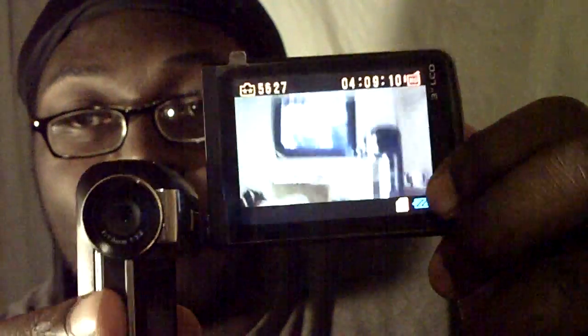Okay, as you can see, this is the Insignia, and this is the 3-inch screen. It's a pretty big screen for a camcorder. And the microphone is right here, and this is the power button underneath it. Microphone, power button. You hold that to turn it on. And over here, sorry about that, I bumped it over. Over here is